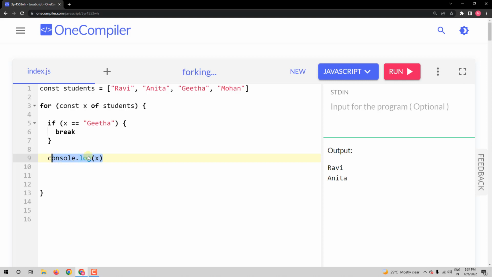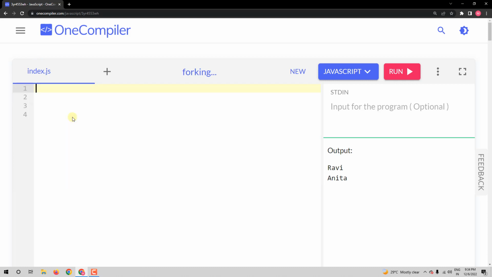Alright, so this is how you use break statement or break keyword. Okay, so break is used to stop the iteration. Alright, now this break can be used in a while loop too. Alright, so let us do that now. Quickly do that. So I'll say let a equal to 1. Alright, I'll write a simple program, and I'll say while